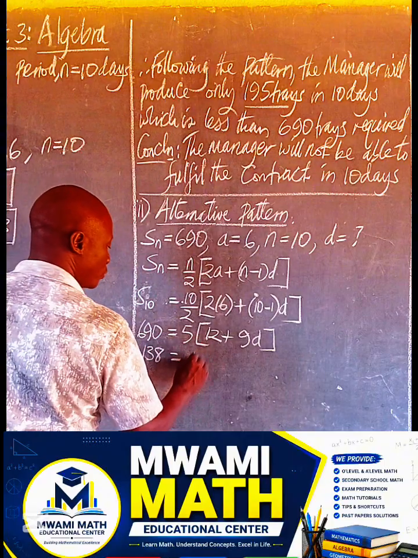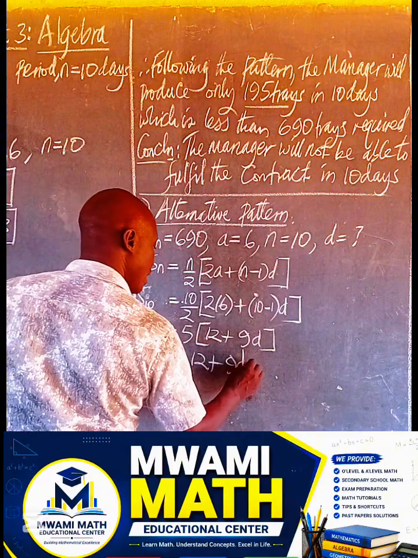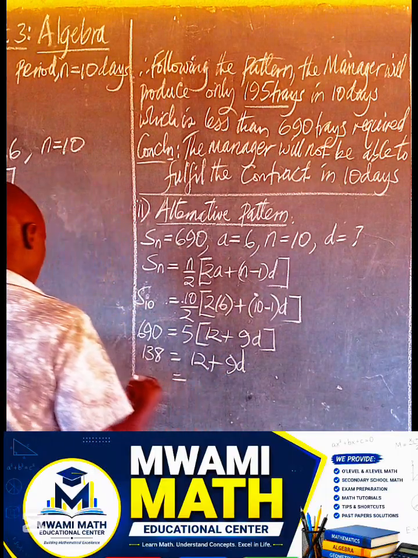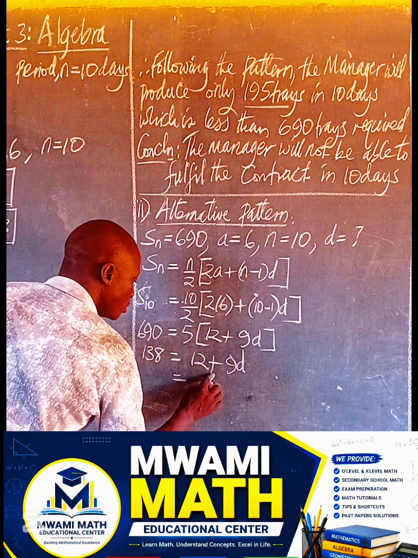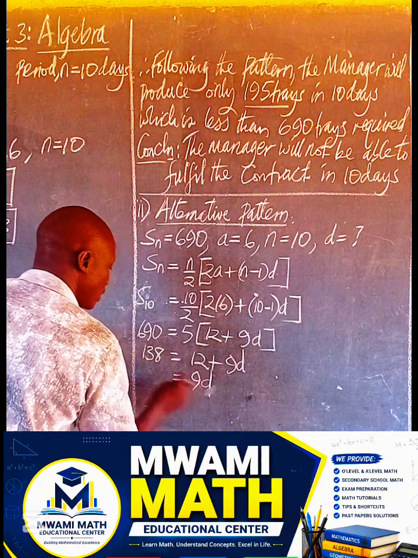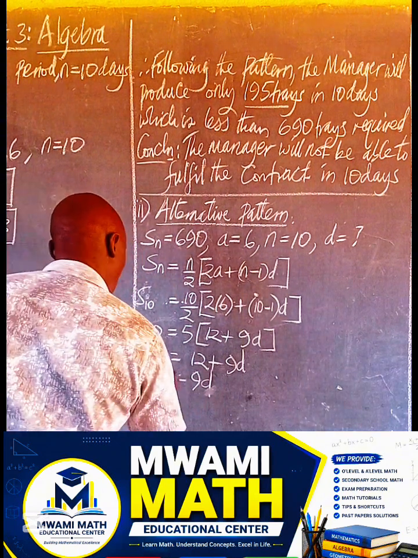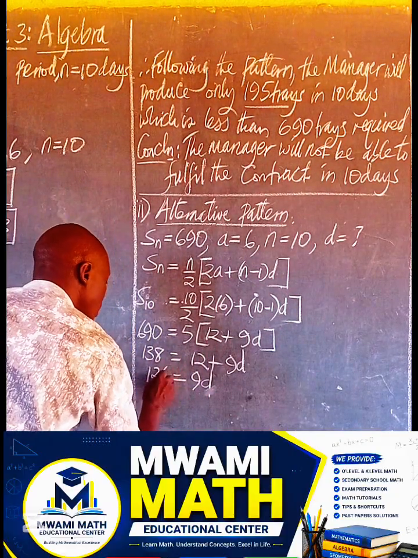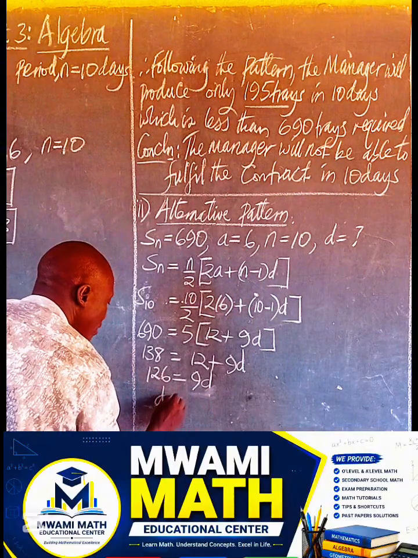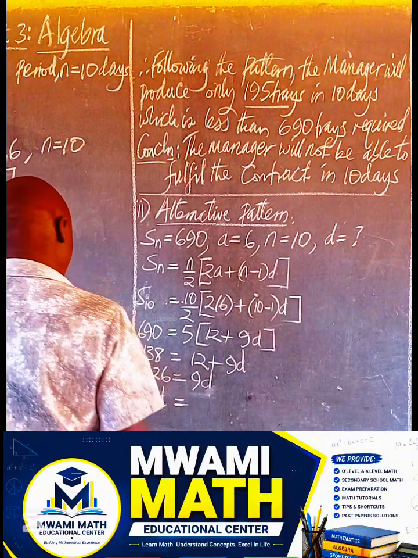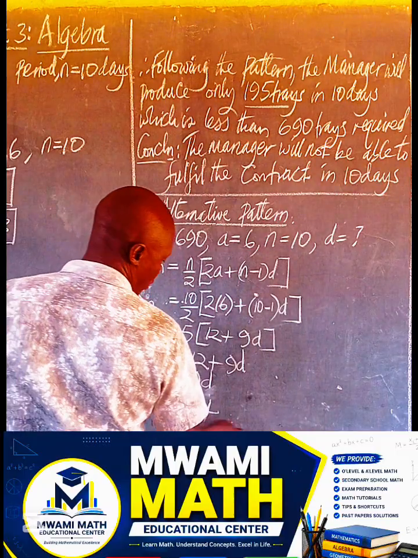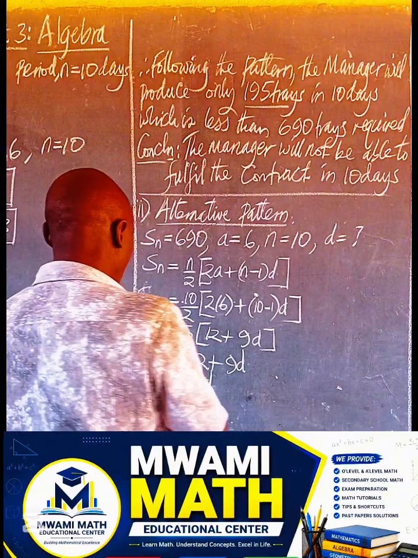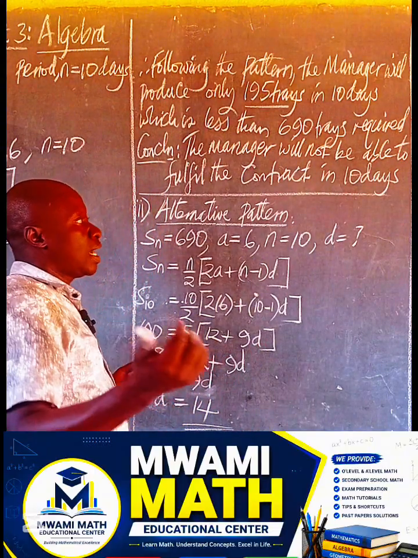So that here we have 12 plus 9d. At this moment, we can collect like terms, so that we have 9d is equal to 138 minus 12, that is 126. So when we divide both sides by 9, we shall get our d as 14. Okay, so having got our d as 14, we can now conclude and say,